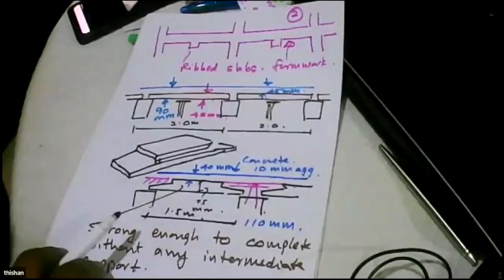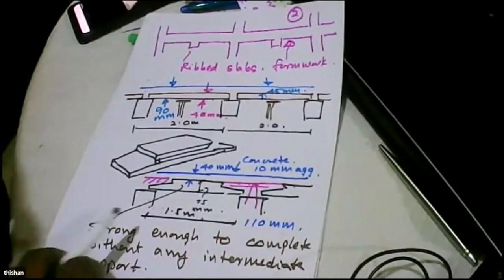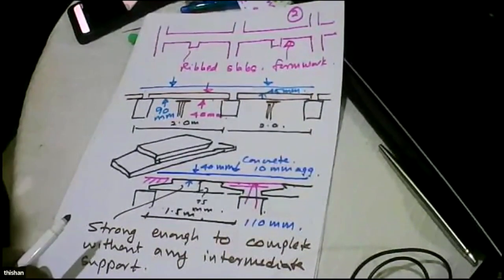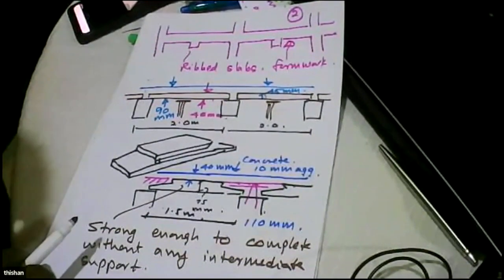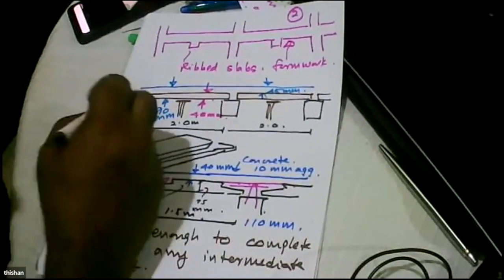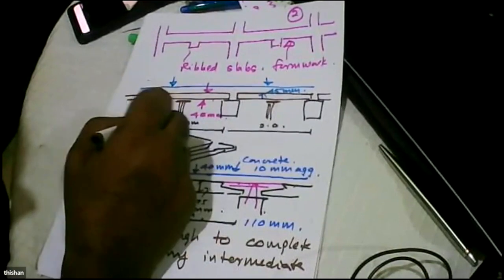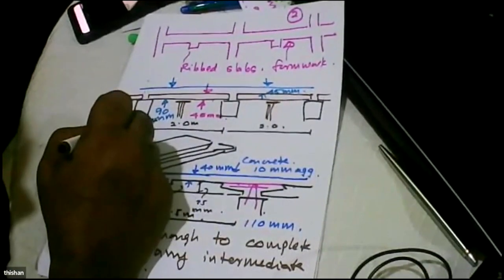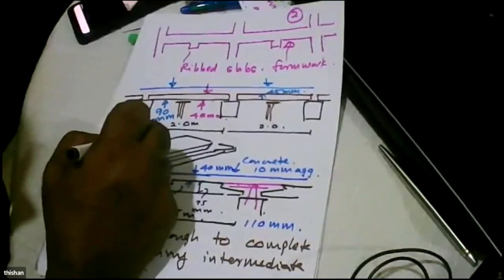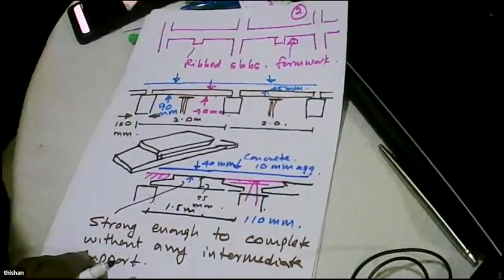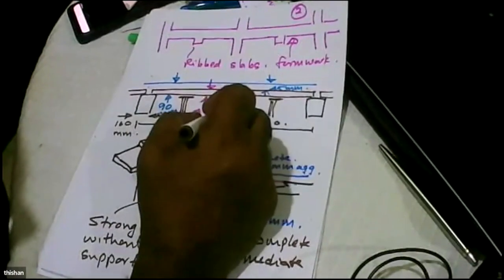Right. Then we looked at the modern requirements of Eurocode. And when we looked at the fire requirements of Eurocode, what we found is Eurocode recommends a minimum width of 160 millimeters. If it is simply supported, if it is made continuous, you can go for a lesser width. Then we looked at,